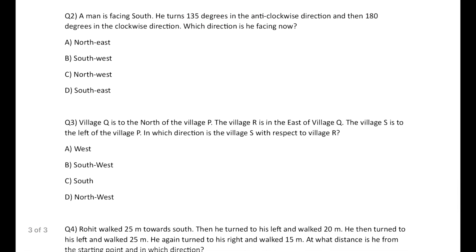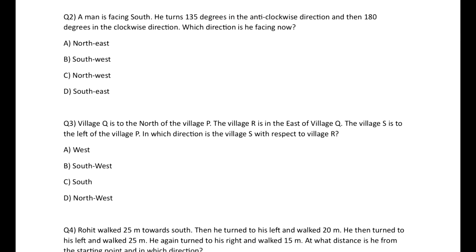The second question on your screen, I assume all of you are pausing, trying it on your own and commenting below the answers, and then resuming and watching the approach. So here this is an angle related question where I have to first take a 135-degree turn. So I will draw the question instantly and make the man in the south, and I'm taking a 135-degree turn in the anti-clockwise direction. So that is equal to 90 degree plus 45 degree. So 90 degree in the anti-clockwise direction brings me in the east, and 45 degree more brings me in the